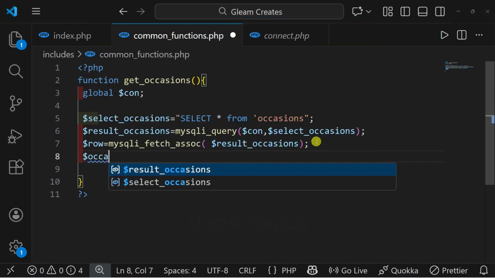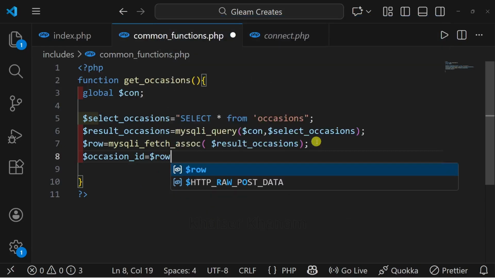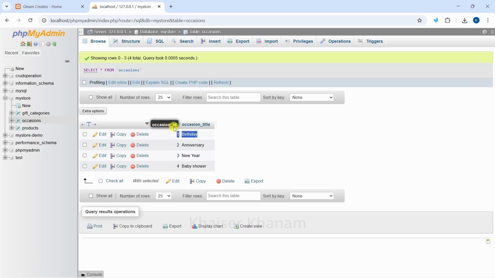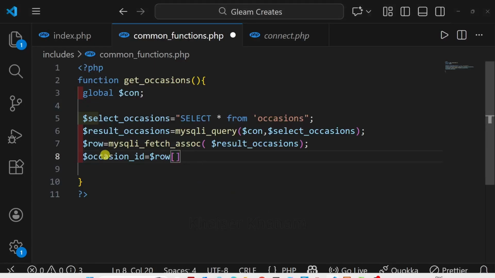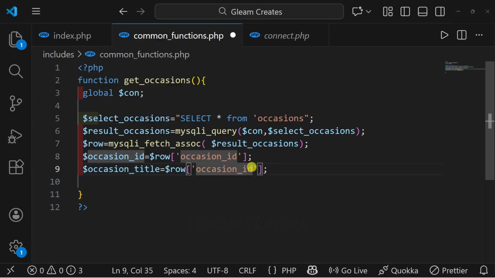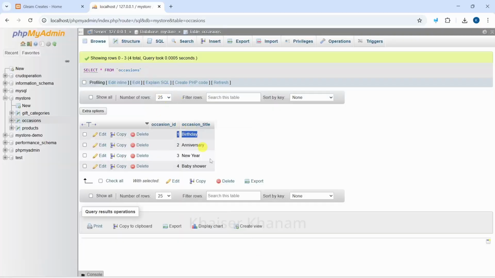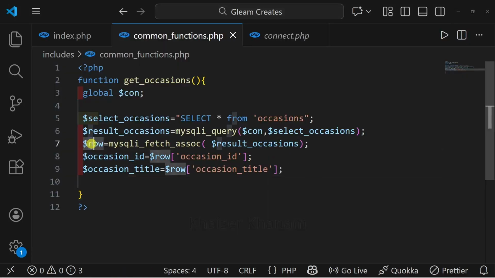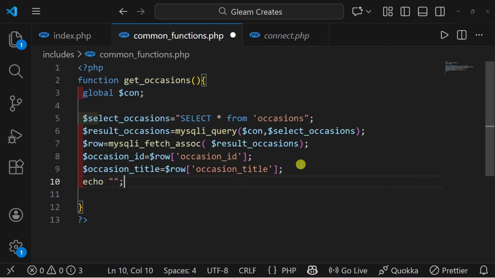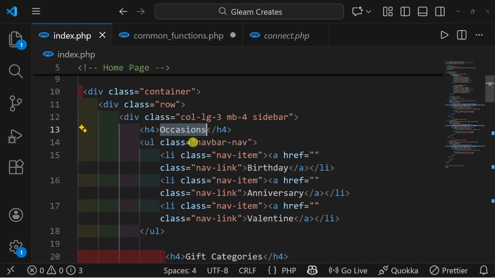come down, create one variable, occasion ID. Then from this row, what I have to access? I have to access this occasion ID. The exact same name that we have given inside the column, we have to pass the exact same name. Same thing, copy. Next variable occasion title. Variable can be anything, but inside this row we have to pass the exact same names which we have used inside the table. If you echo and see the row result, you will find the complete result of this row. Once I have accessed, write this echo double quotes semicolon,